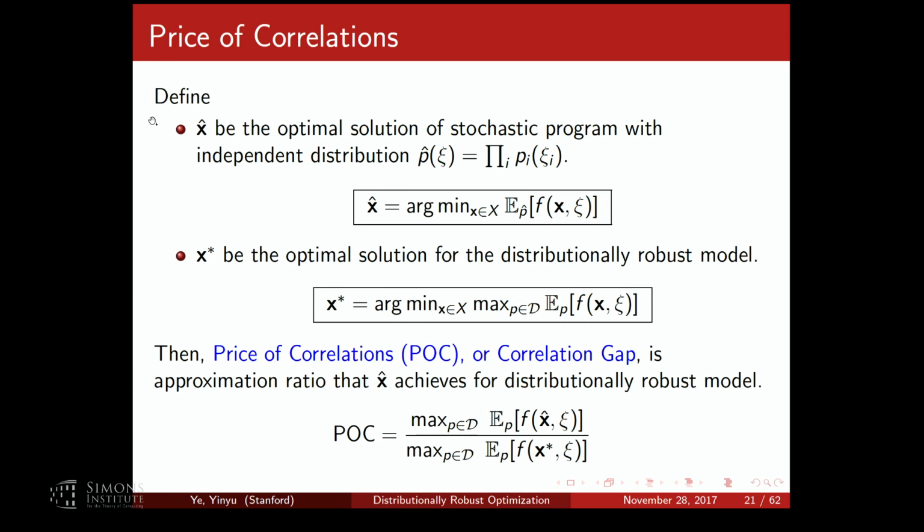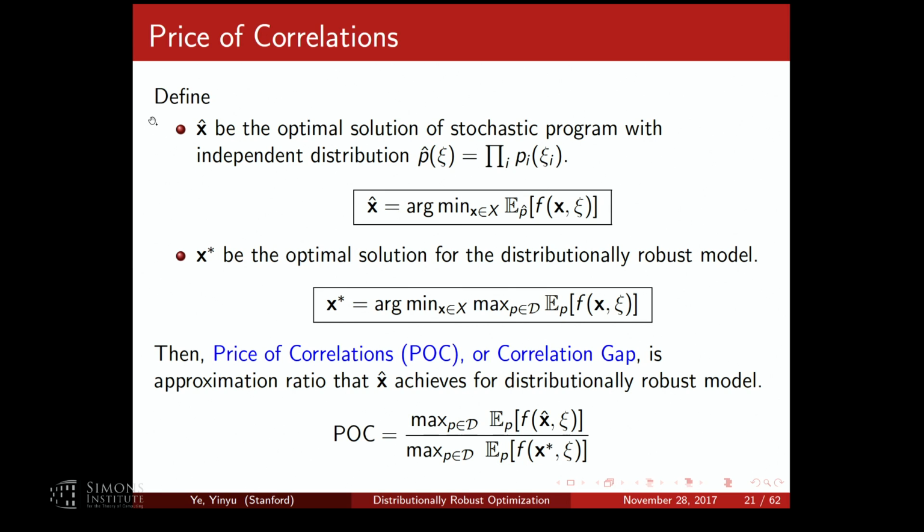Okay, so here's the definition. What's the price? I'm still using this distribution model. Assume X star is the solution that completely assumes you know the joint distribution. Here I'm assuming you only use a product distribution. So basically, the probability for ij or whatever is just the product of those probabilities. Okay, then we consider this, a max over all the possible distributions, the estimate at X star.